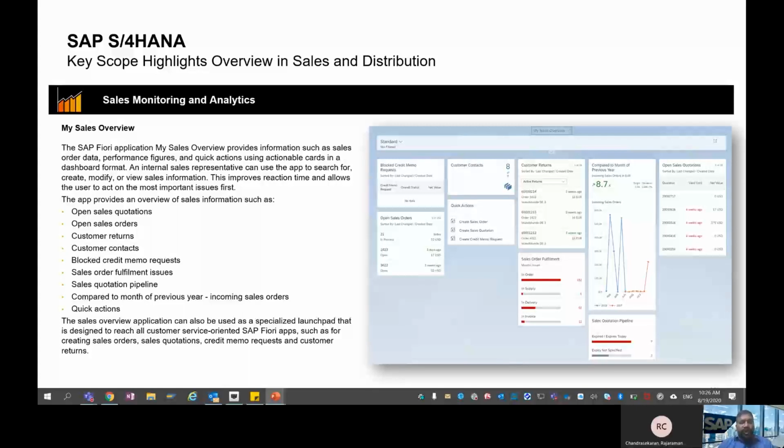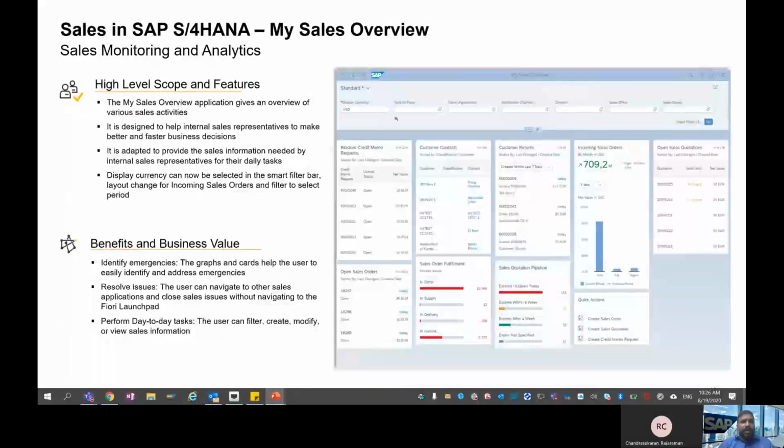I'll go into detail on the sales overview in my next slide. Here we discussed it at a very summary level in the previous slide. I just wanted to quickly give you an idea of how this sales overview helps you. For internal sales, as I said earlier, it enables faster business decisions.